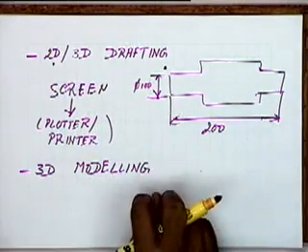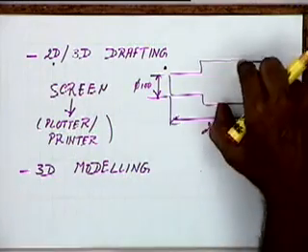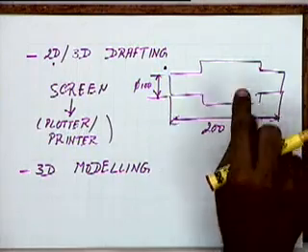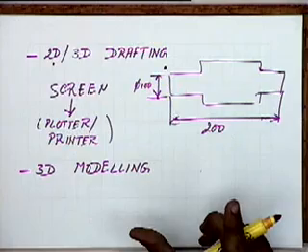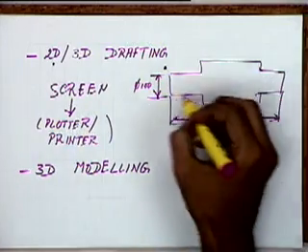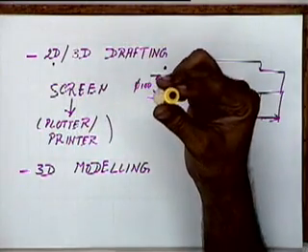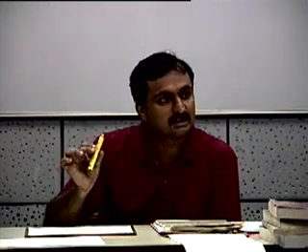When we are talking of 3D modeling, we are essentially talking of representing this object. Now if we are talking of the shaft over here, we are talking of representing this object as a three-dimensional object. If we have it as a three-dimensional object, let's take this pen. I took this example yesterday also. If I talk of this pen and I represent it as a three-dimensional object on the computer,